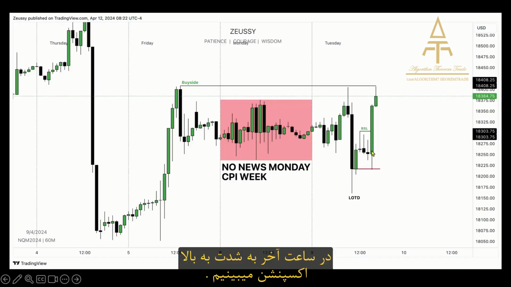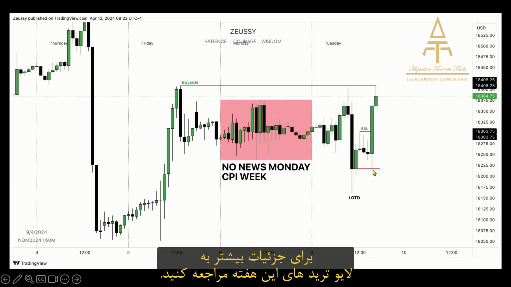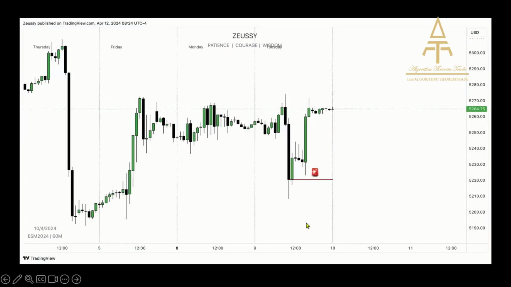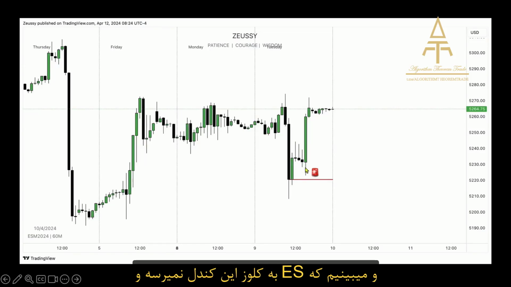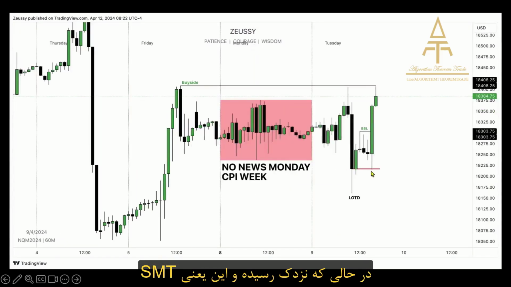During the final hour of the day, the market expands higher aggressively after trading into this rejection block where a low forms, the low of this particular candle. For the full trade breakdown, please go to the trades breakdown of this specific week. What we see is that ES did not trade into the close of this down close candle, the close to wick to be precise. This is a bullish rejection block, whilst Nasdaq did.